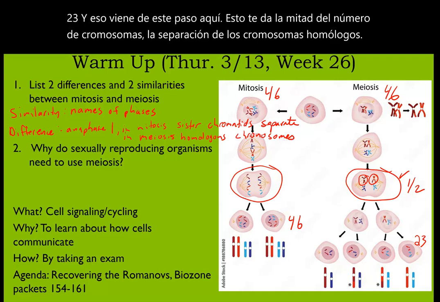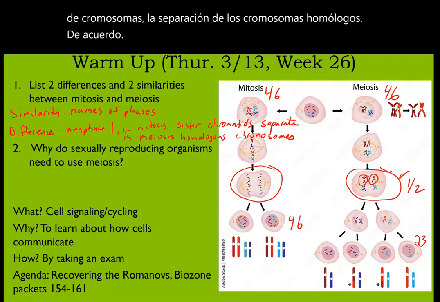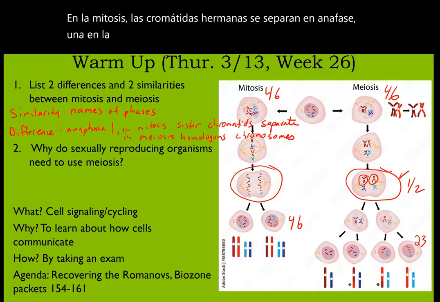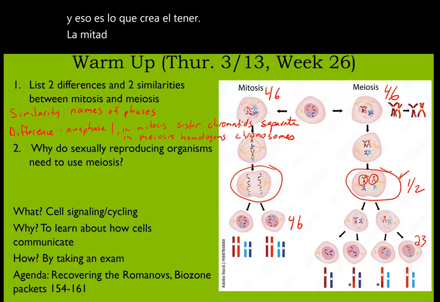Okay, so that's the biggest difference. In mitosis, sister chromatids are separated in anaphase 1. In meiosis, homologous chromosomes are separated. And that's what creates the halving, half the number of chromosomes. Like in this diagram,